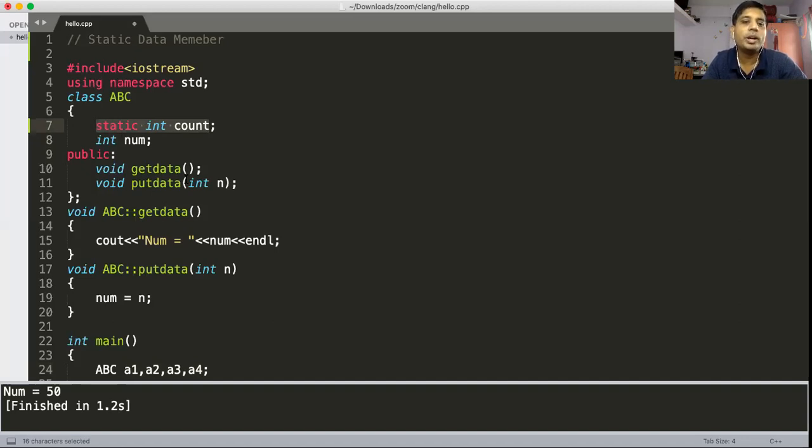So A1, A2, A3, A4, these four objects each have their own num, but only one count variable is there. I can again show you with the help of this diagram.